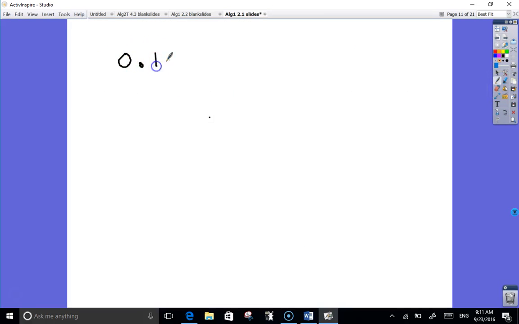What does it mean if I say 0.123 and I put a bar over the 123? Lily? Yeah, it means that those three numbers go on forever, right? So after that 1, 2, 3, there's another 1, 2, 3, and another 1, 2, 3, and another 1, 2, 3. Okay. So let's just say, and this is using just a teeny little bit of algebra here,